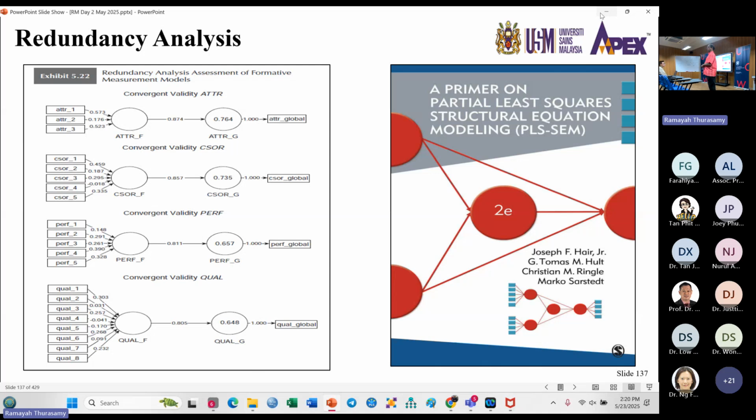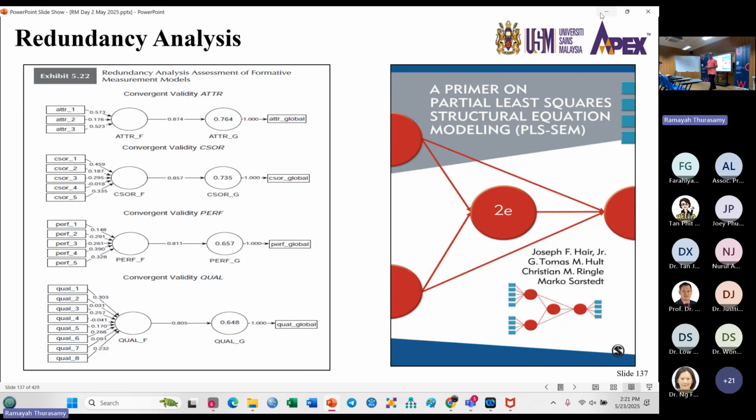Because you already passed that stage, remember? In your questionnaire design, you need to have one item. Like just now we are measuring satisfaction, right? We ask one question: overall, how satisfied are you, taking everything together? We are not interested in the dimensions. That item will be correlated. So this variable is formative, this variable is single item, right? It should be correlated. That's the idea of this step for